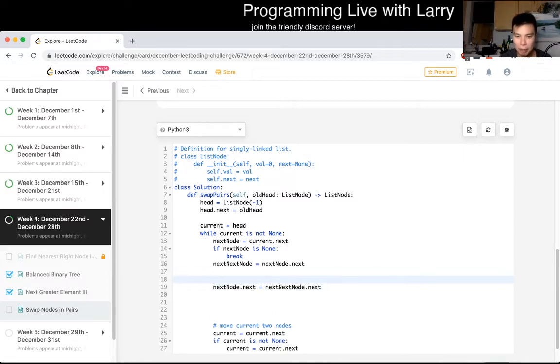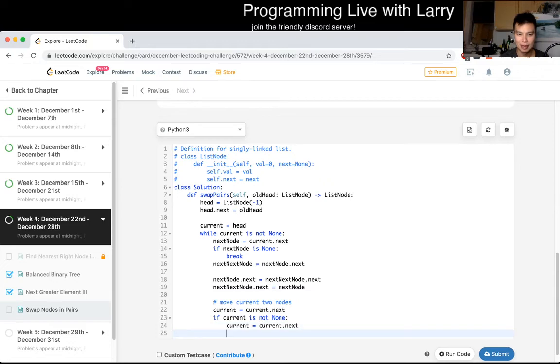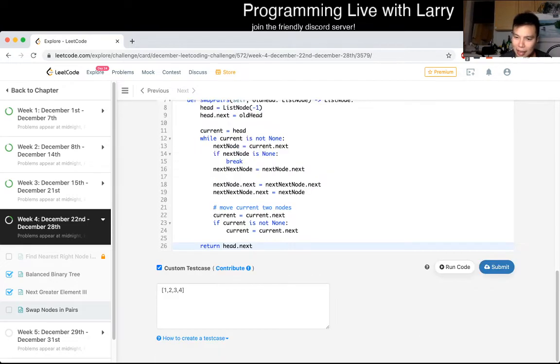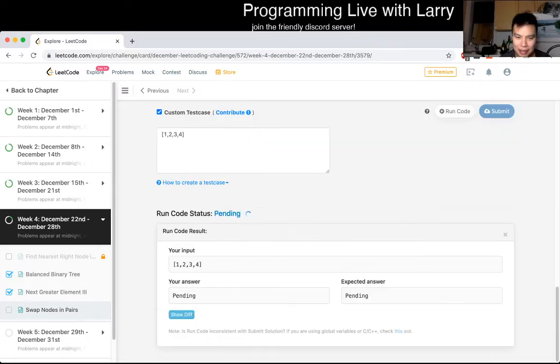So, well, actually, this is already next node dot next, right? Yeah. So then now, next node dot next is equal to next node, right? Is that good enough? And then at the very end, we can return head.next. I feel like I'm missing something, but